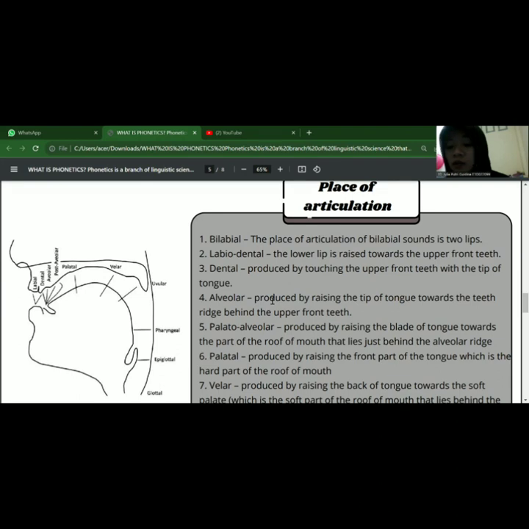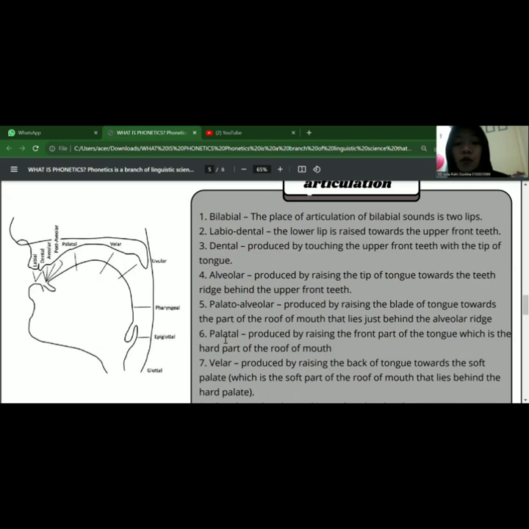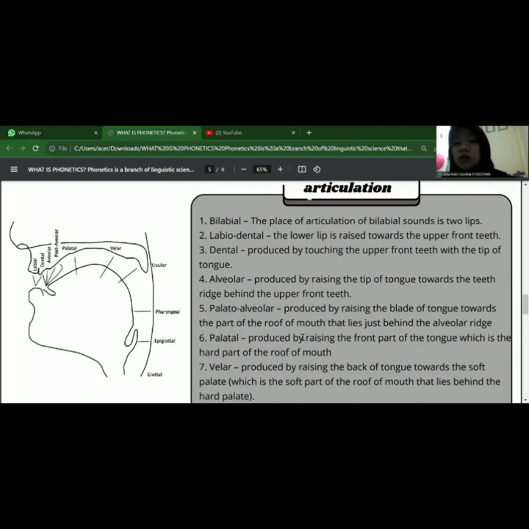So the letters that we can pronounce are D, T, D, and T. And the fifth one is palato-alveolar, produced by raising the blade of the tongue towards the part of the roof of the mouth that lies just behind the alveolar ridge. So it can produce sounds like